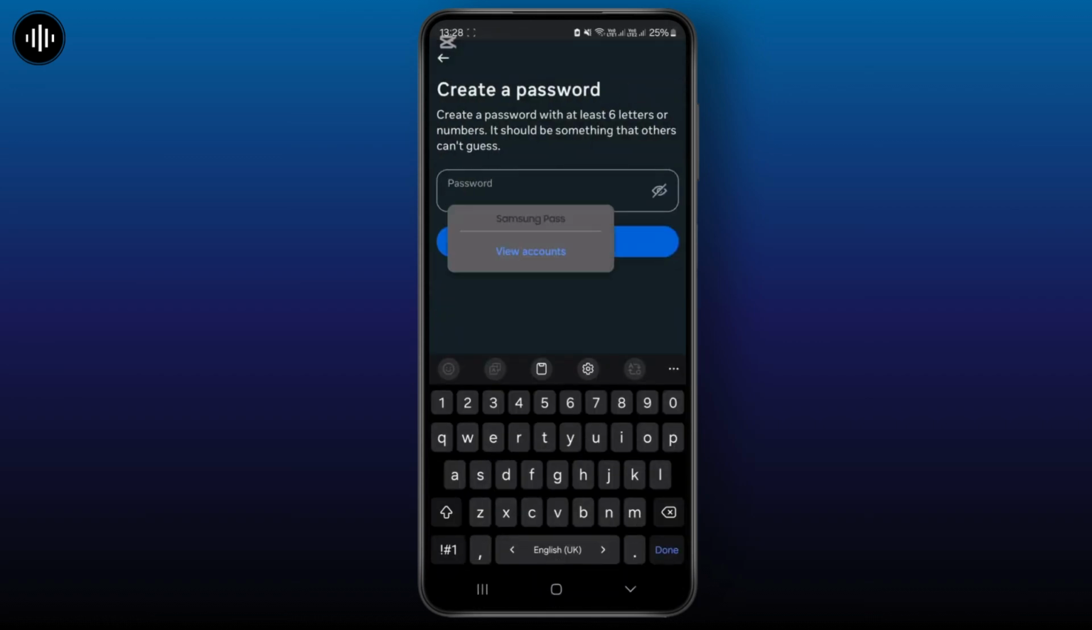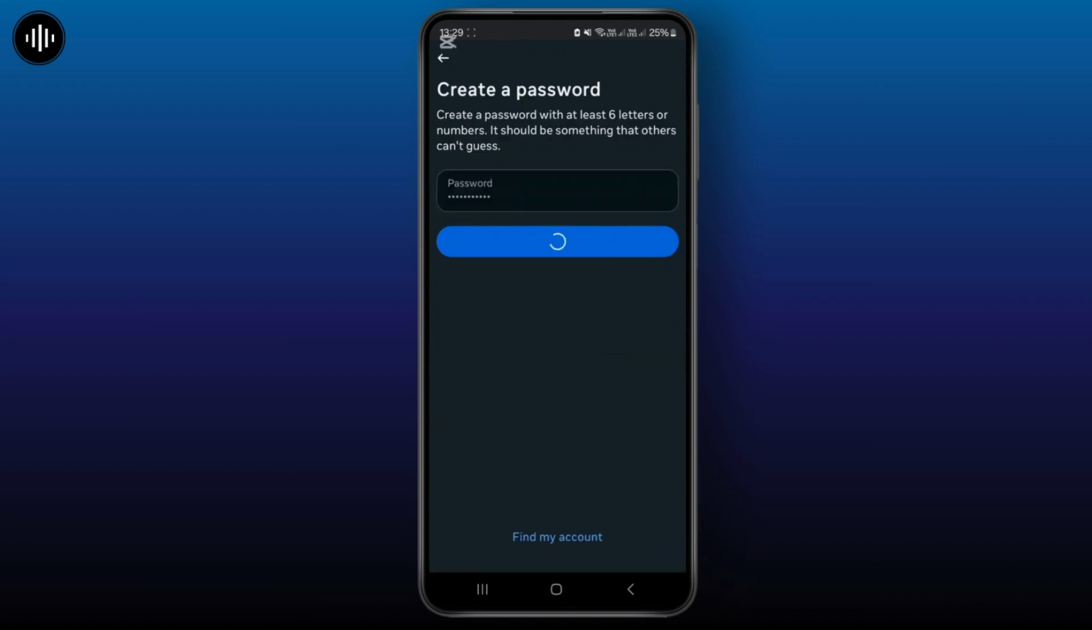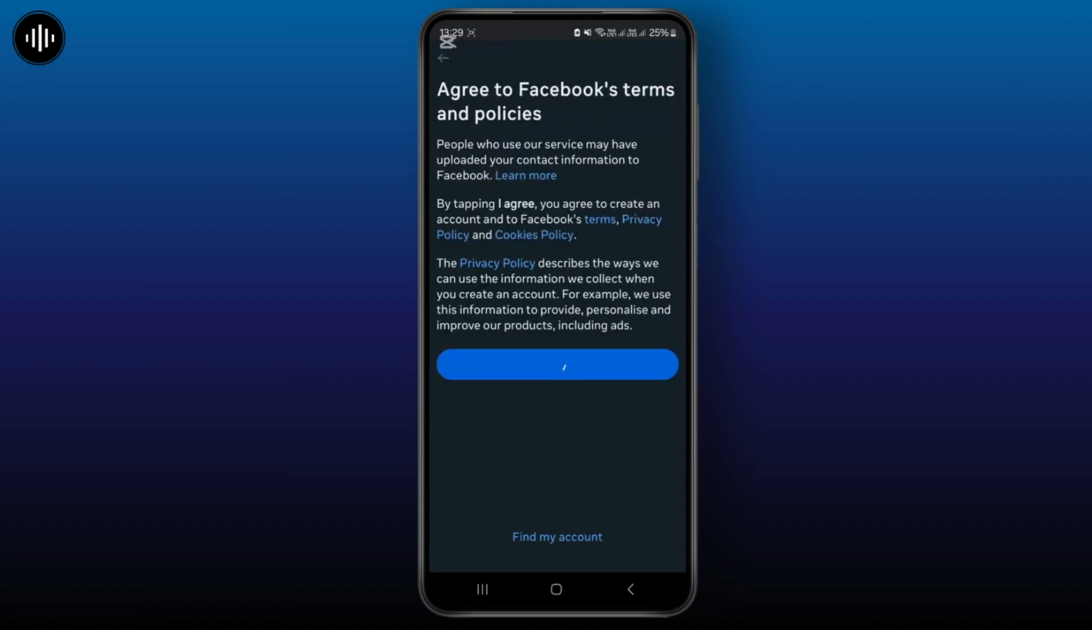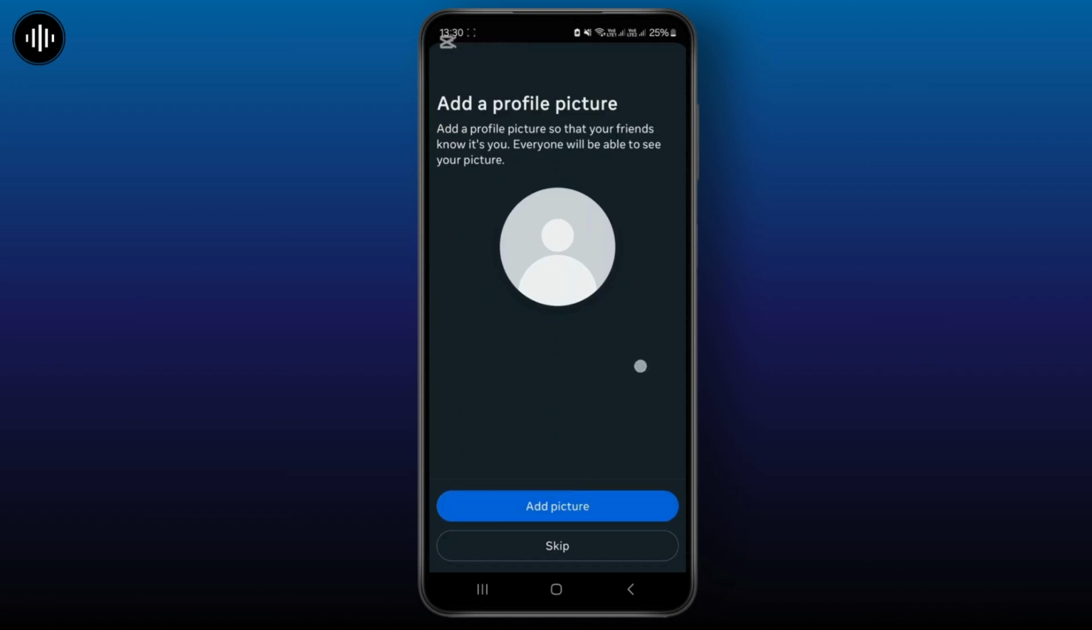Continue creating account, and it will ask you to create a password. Simply create a simple password which you will easily remember. And once you do that, it will ask you to save your information. You can save it for future login, and once you click on done, it will ask you to add a